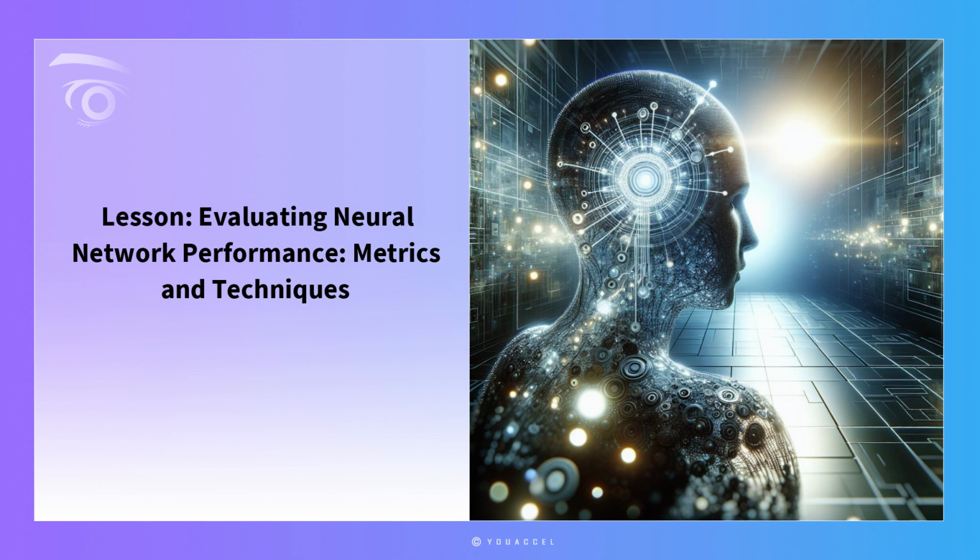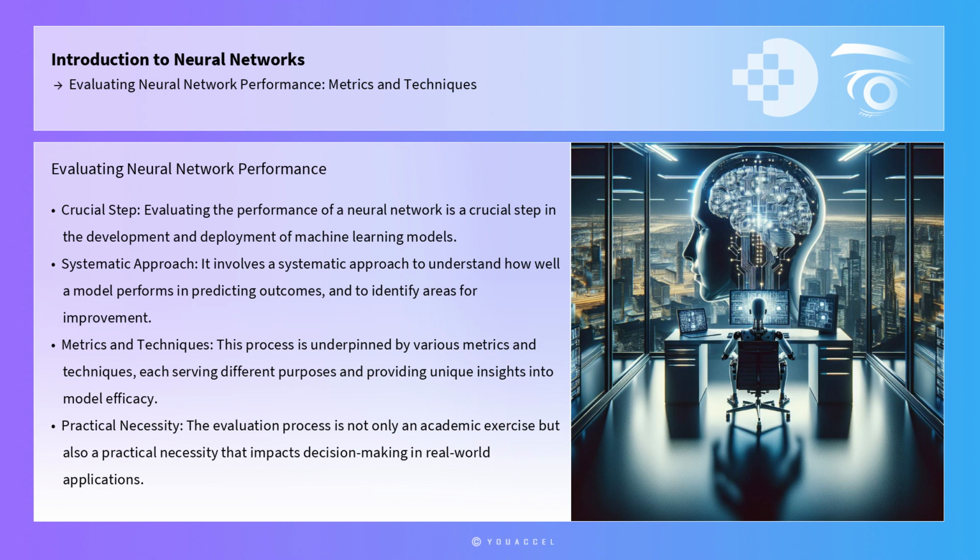Lesson: Evaluating neural network performance, metrics and techniques. Evaluating the performance of a neural network is a crucial step in the development and deployment of machine learning models. It involves a systematic approach to understand how well a model performs in predicting outcomes and to identify areas for improvement. This process is underpinned by various metrics and techniques, each serving different purposes and providing unique insights into model efficacy. The evaluation process is not only an academic exercise, but also a practical necessity that impacts decision-making in real-world